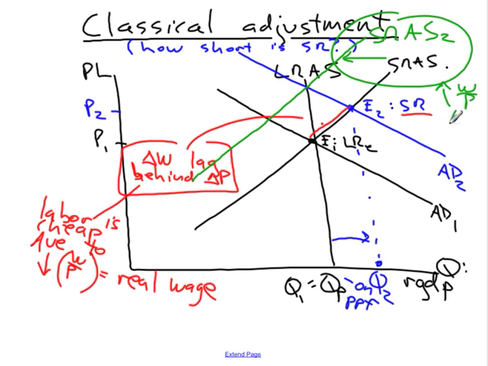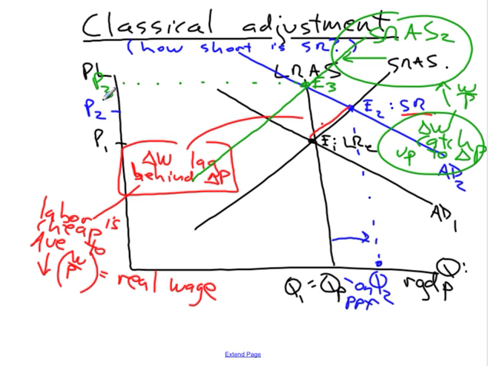wages catch up, in other words. When wages catch up to prices, that's what happens in the long run. In the short run, wages lag behind. In the long run, wages catch up. When they do so, aggregate supply shifts back. We have a new equilibrium at E3, and the price level has risen to P3, so that, to summarize,